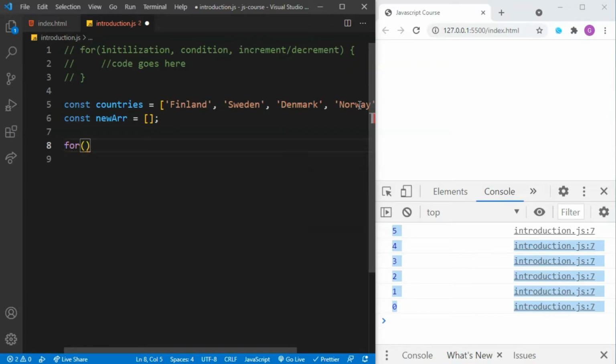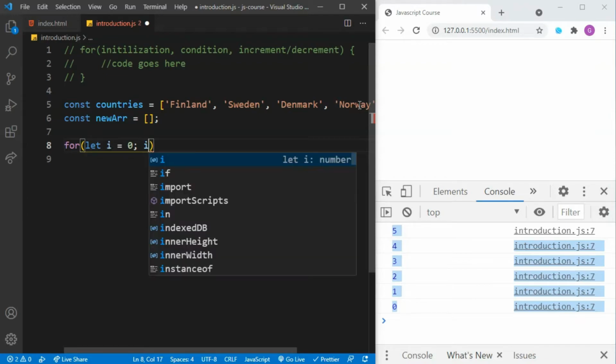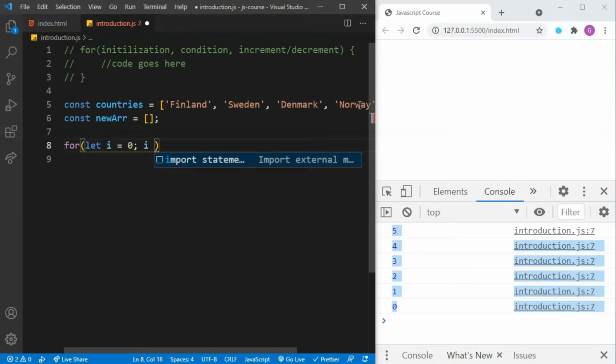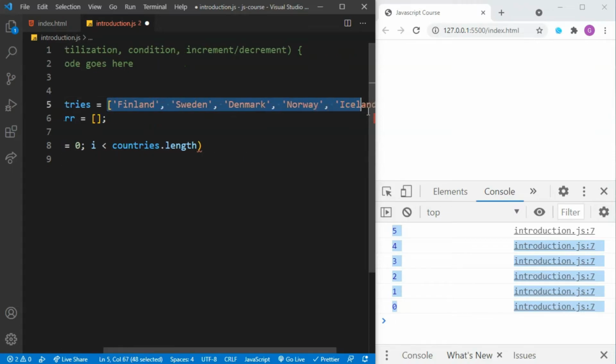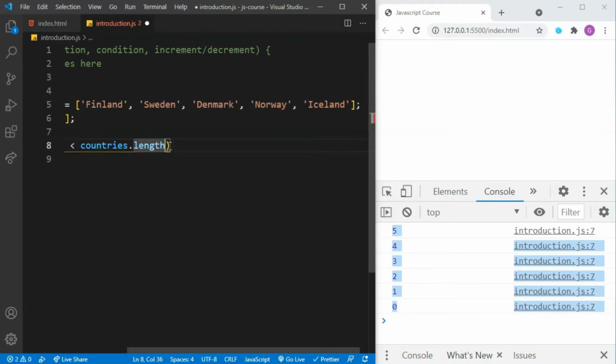For, we need to initialize let i is equal to 0, and here I need to specify the condition. It's gonna keep running this for loop until this condition is no longer satisfied. Here I will say countries.length. Obviously countries.length is going to be the length of this array, and the third is going to be incrementing i++.